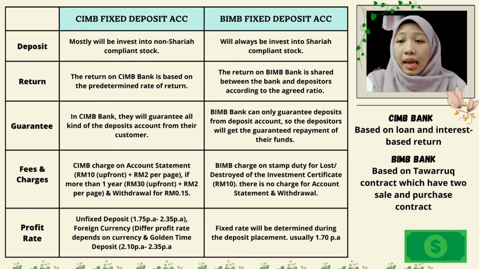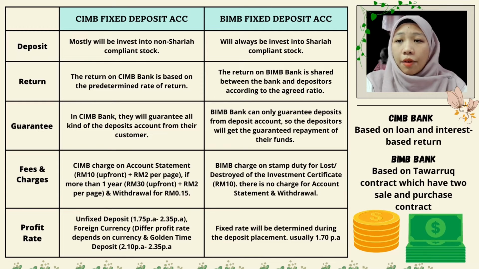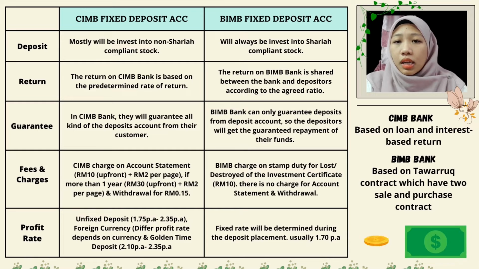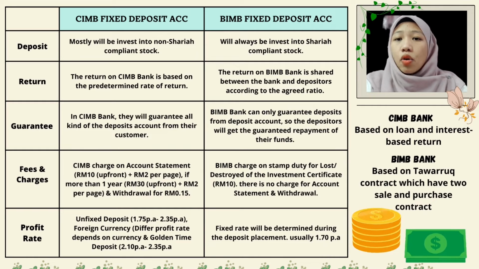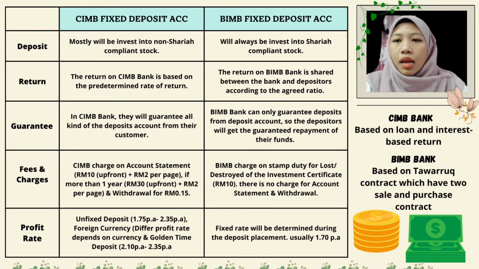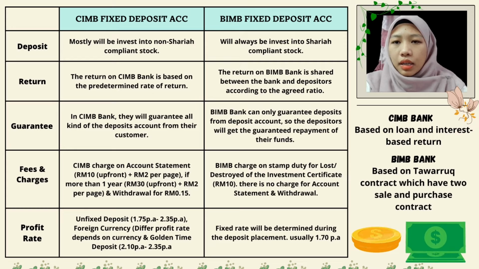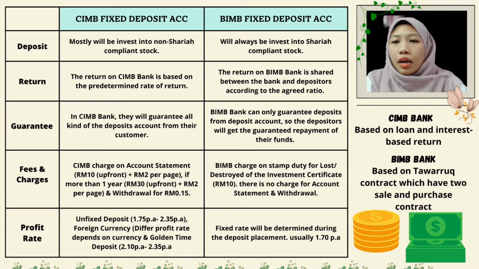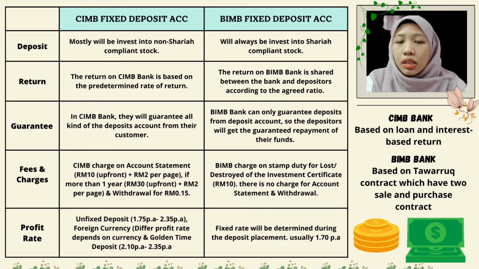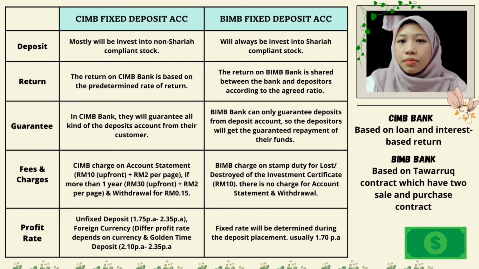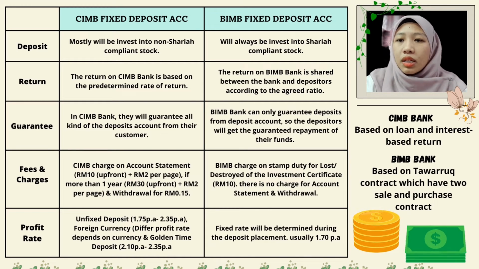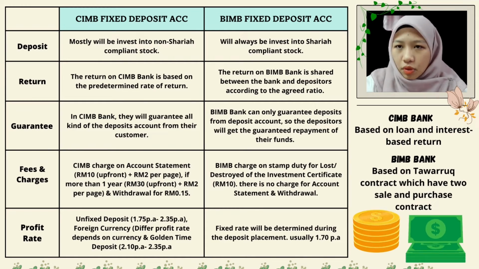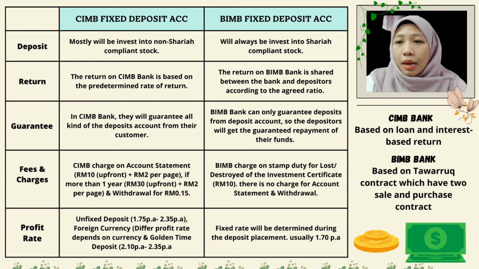From the PDS of CIMB Bank, I found that there are three types of deposit account, which are unfixed deposit, foreign currency deposit, and golden time deposit. While for the PDS of Bank Islam, I only find one type of fixed deposit account, which is term deposit tawarruq. And here I will show you the difference between CIMB Bank conventional fixed deposit and the Bank Islam Islamic fixed